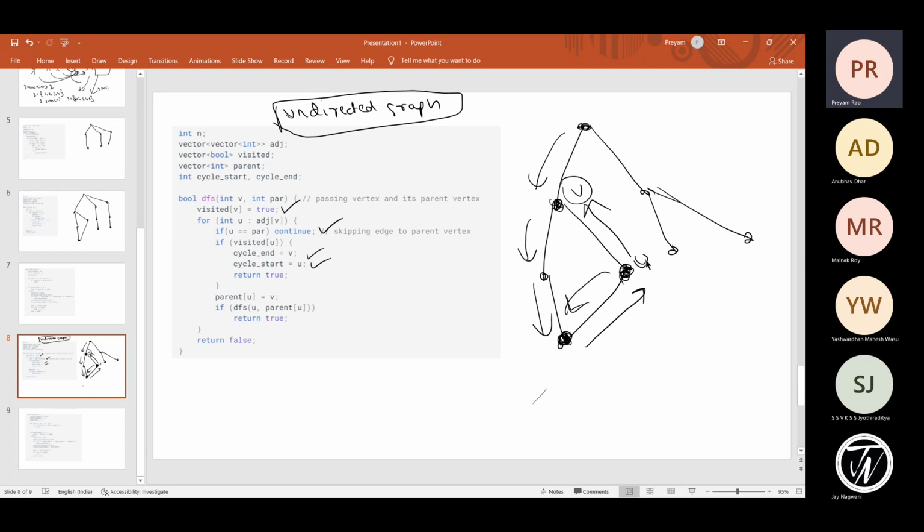So if we go through, let's say this is U, this is V. So if we find a cycle like this, then we can say that there must be a cycle between U and V, right? So we just put cycle start, cycle end, and then we can set that cycle is true, right? And then we set parent of